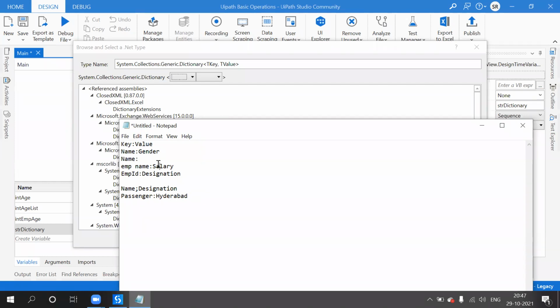These are the combinations. So this is the key and this is the value. The first one is the name of a passenger, or train number, destination of the city.